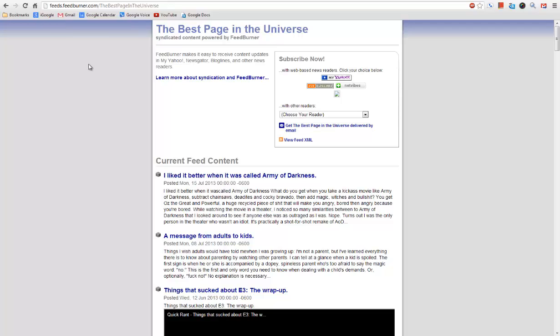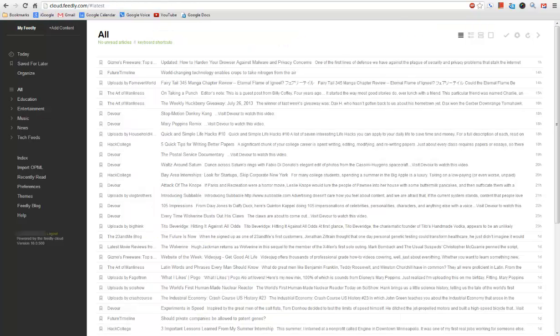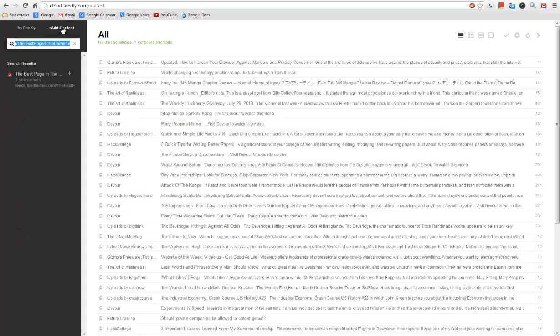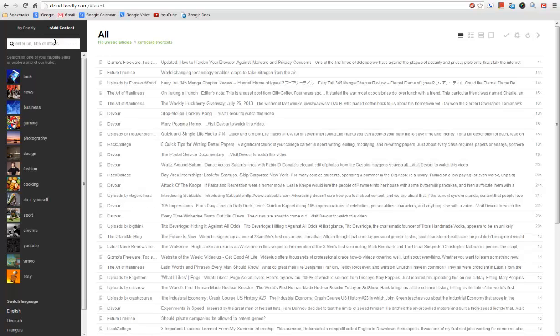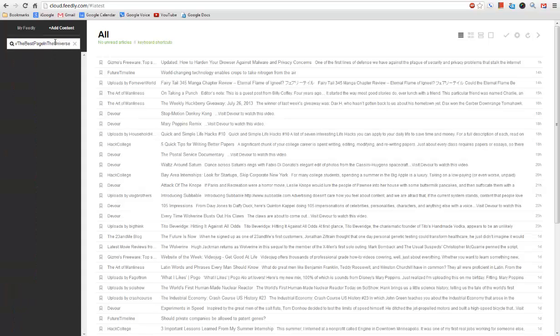So let's do it. What I can do is I can just copy this URL by pressing Control-C, and then I can go back to Feedly and click on Add Content, and then paste it by pressing Control-V. And once you do that, you should see in the search results that there it is. And all you should have to do now is click the plus sign,